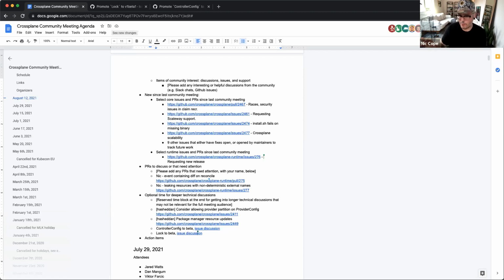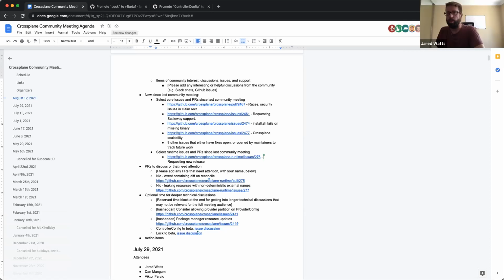Not an urgent priority for v1.4. I just wanted to track that we don't want things to sit in alpha indefinitely and never get promoted. So we should have a tracking item for how we get them to beta. At this stage, I know Dan's busy and he historically owns these, so we're definitely just looking for community feedback on whether people love these things or hate them, and whether people would be upset if they went to beta.